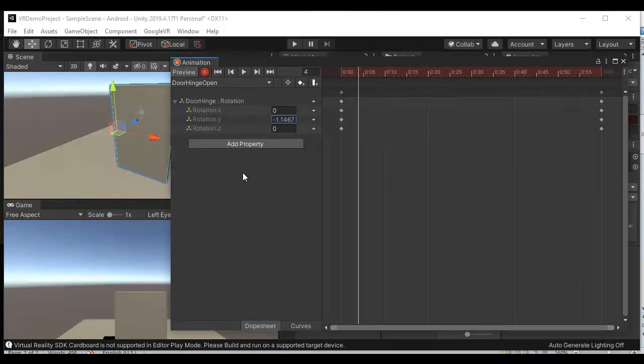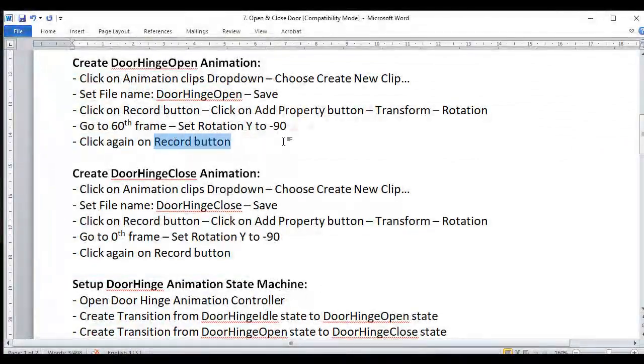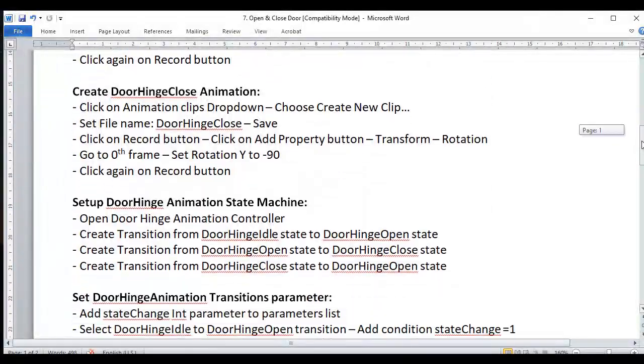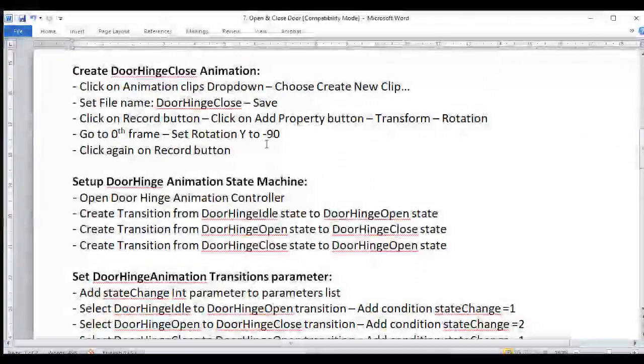I stop it and stop recording, right? We just click again on the record button to stop. Next, we create door hinge close animation. We click on animation clips drop down, choose create new clip and set the file name door hinge close and